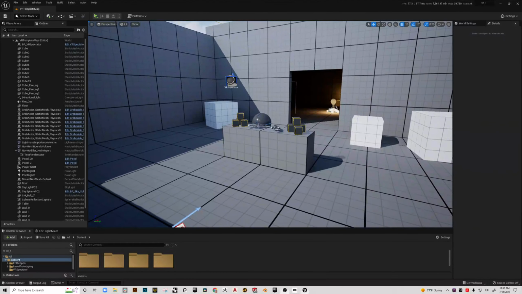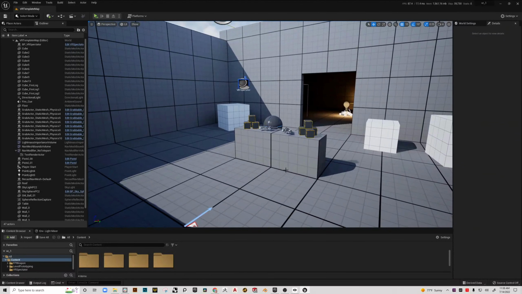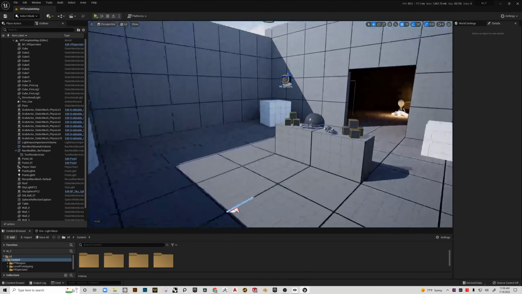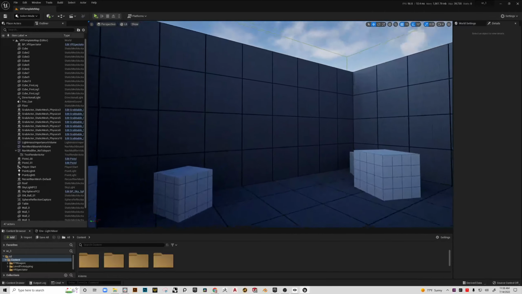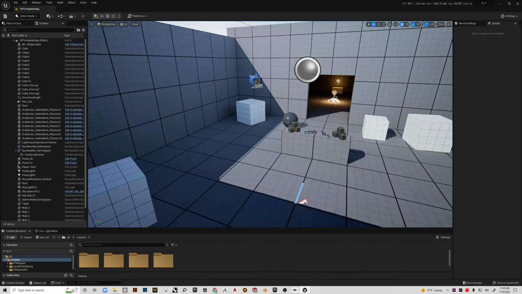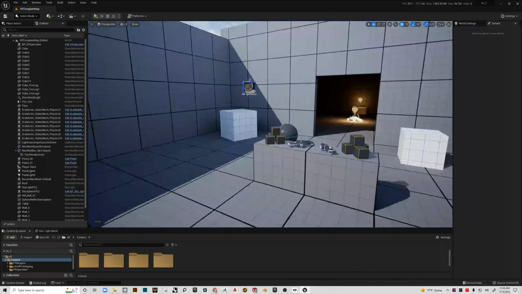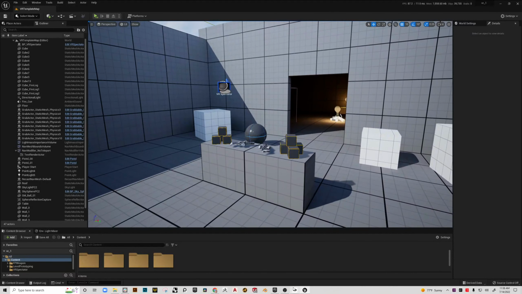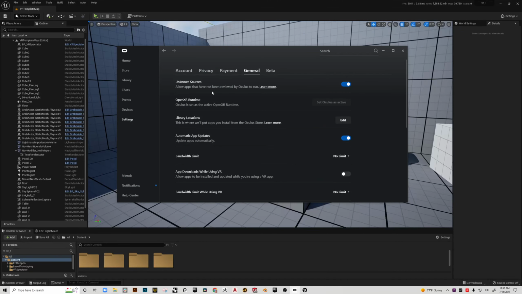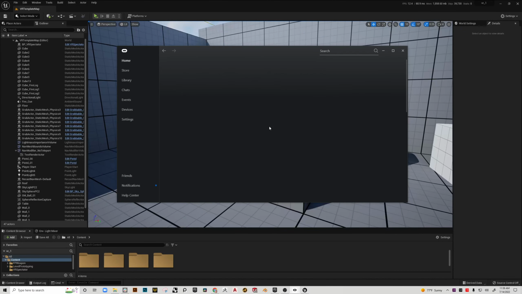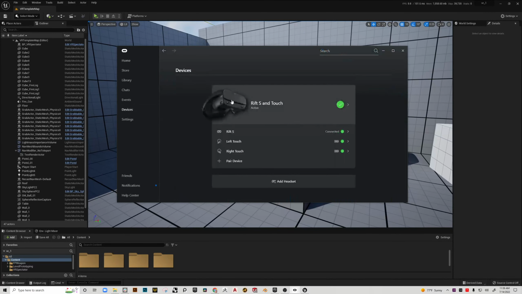All right, this is an introductory video into working with VR in Unreal 5. This is the starter map, starter level, and it's just got some basic elements in it. So we're using the Oculus Rift headset, Rift S, I should say, and